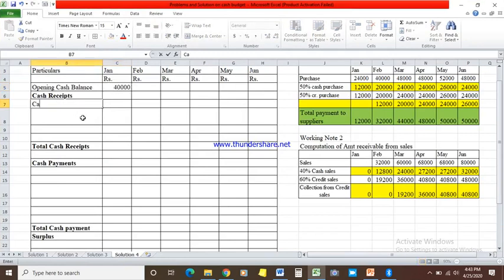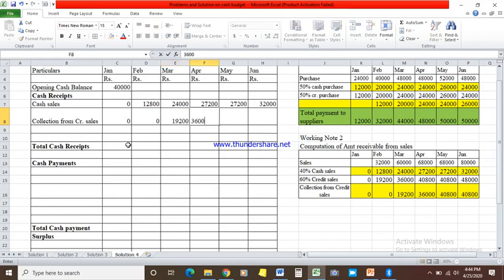Then there are two items of receipt. One is the cash sales, one is collection from credit sales. So the cash sales collection is already given. It is 0 in the month of January, February 12,800, 24,000, 27,200, 27,200, 32,000. On account of collection from credit sales, January is 0, February is again 0,